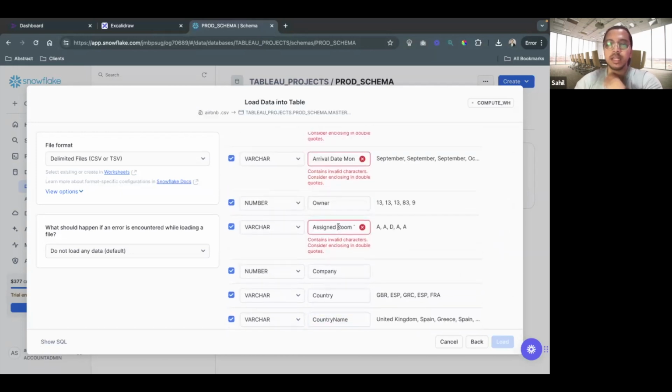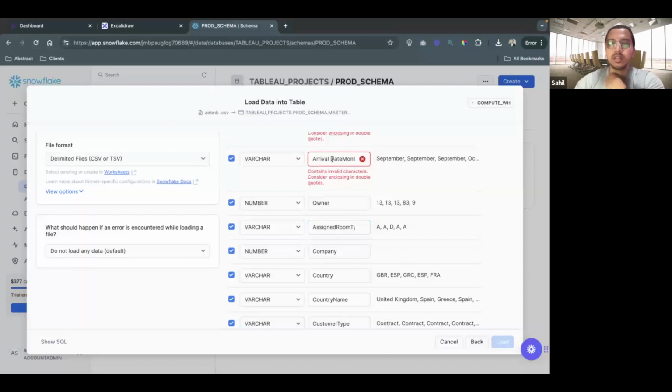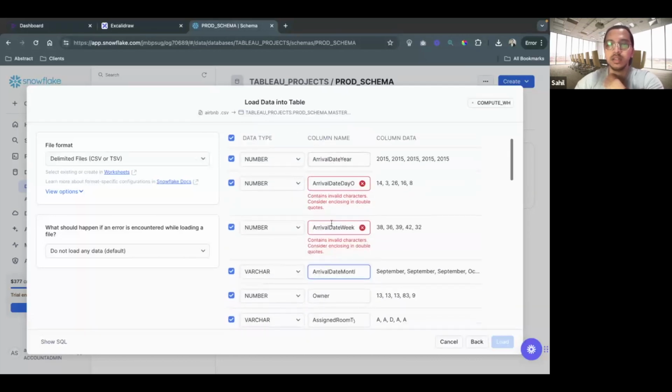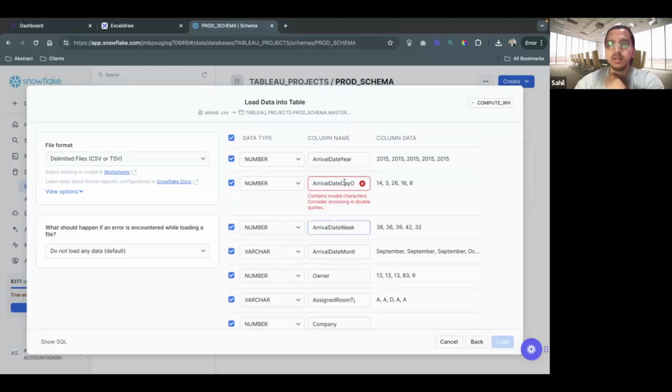Okay, assign room type. This should be like here, number